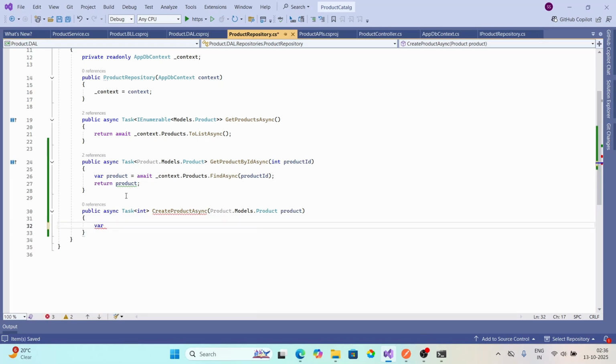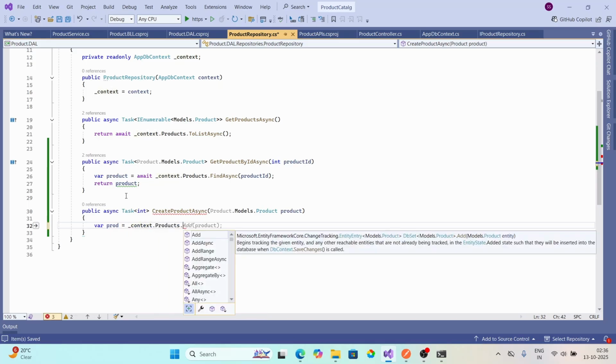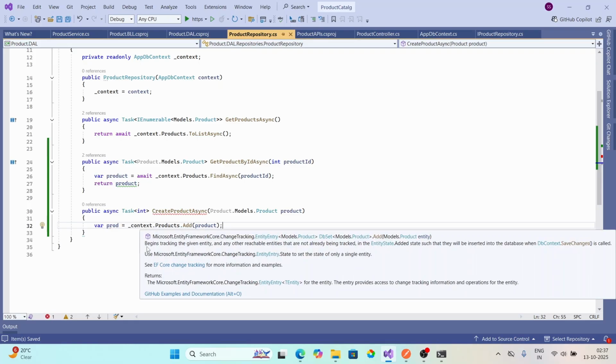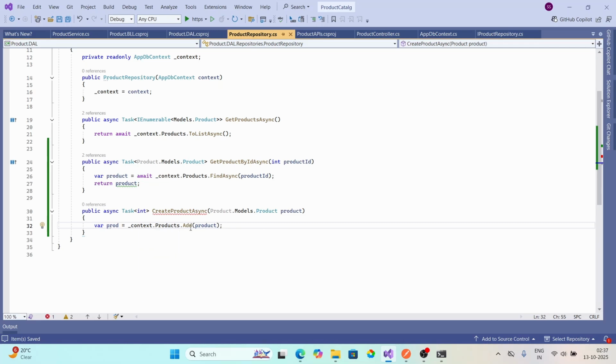Now, prod equals context.Products, use the Add method here. Okay, now we have added it. This begins tracking the entity and any other entries that are not already being tracked. So this Add will add the product to the database. Okay, and now write int rowsAffected